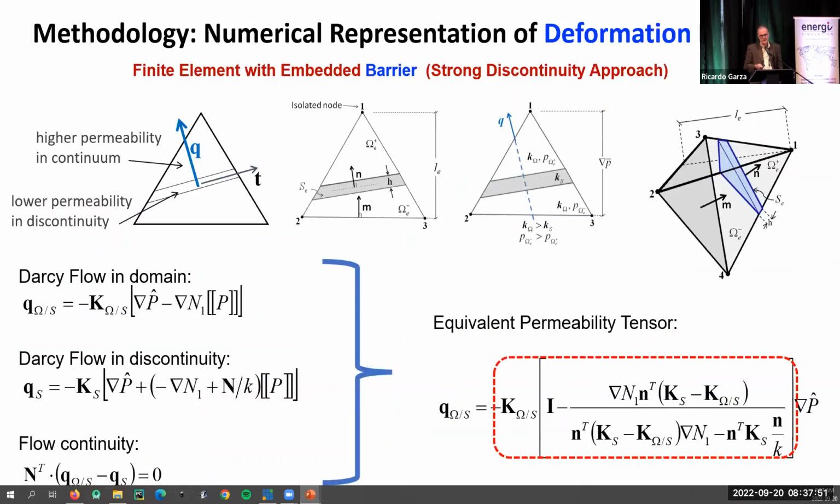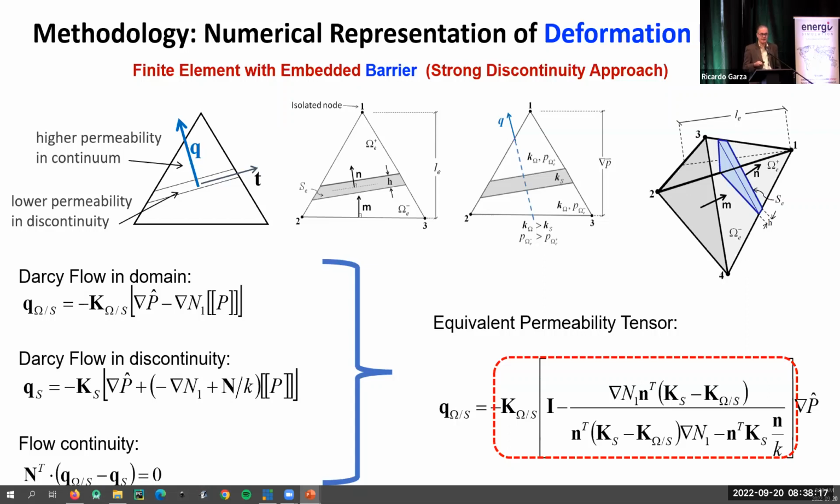Similar ideas apply when we have a barrier embedded in the discontinuity. In this case, we have a jump in the pore pressure field. So we are going to use the strong discontinuity approach, but applied to the pressure field. We can state the Darcy flow for the domain, the Darcy flow for the rock, the Darcy flow for